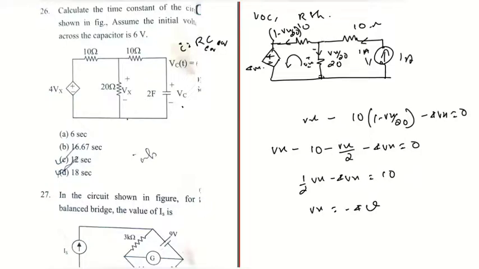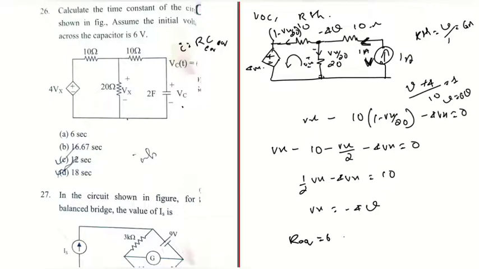So the voltage over here is minus 4 volt, and the current flowing between this is a current source with the voltage V, that we have to find out. So it will be V plus 4 divided by 10 is our current. So V equal to 6 volt. And RTH is equal to V divided by 1 ampere, which is 6 ohm. Okay, so we got our RTH, that is our R equivalent, is equal to 6 ohm.